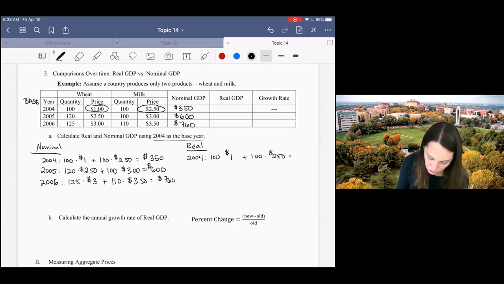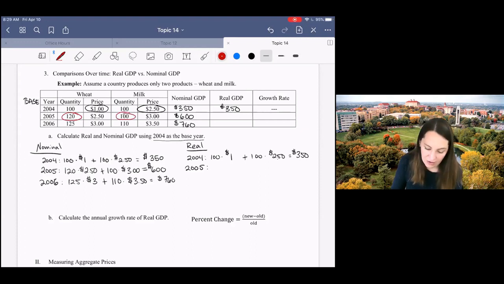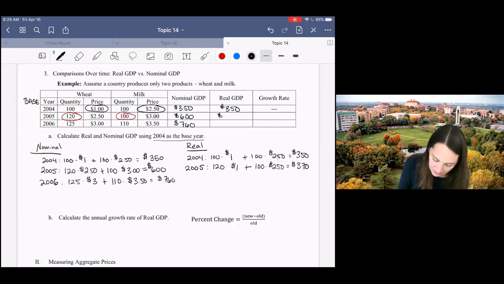That will always be true in every problem. Real GDP and nominal GDP will be the same in the base year. In the other years, though, we're going to get a different answer, right? So here I want to use production from 2005, but prices from 2004. So I've got 120 times $1 plus 100 times 250, and here I get $370 instead of the $600 I got for nominal GDP. So you can see that a lot of the increase